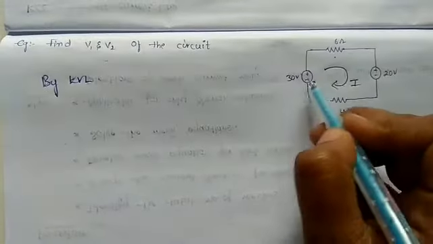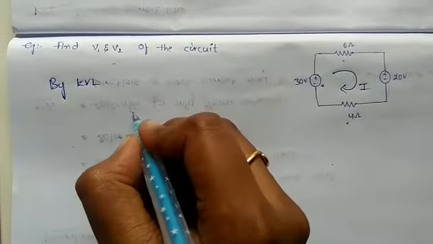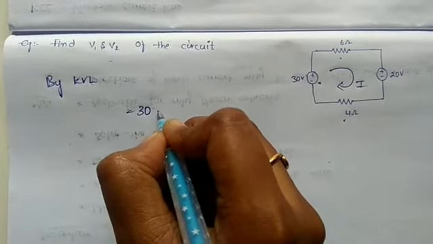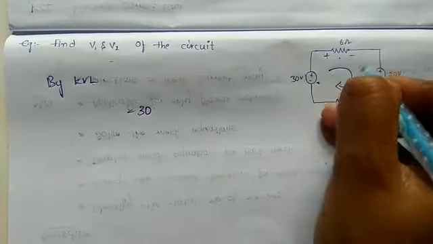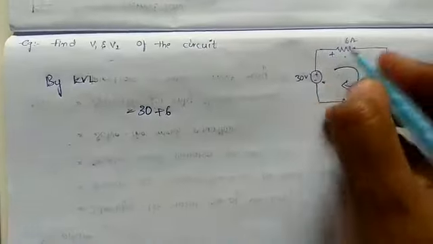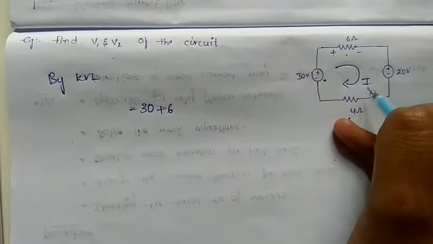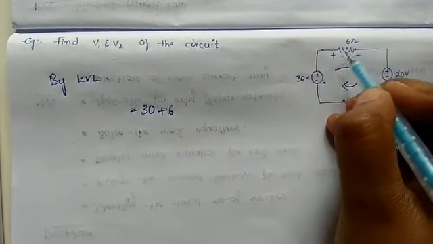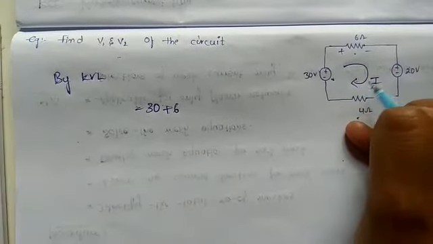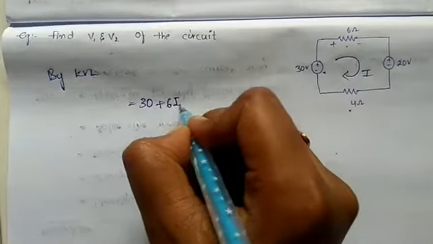start from here. As it's a voltage source, when it is in clockwise direction, first it was minus, so we are writing minus 30 volts, and again this is plus and this is minus. It is in this direction, right? So plus 6. As this is only the resistance, they have not mentioned any voltages. By Ohm's law, we already know that to find the voltage, we will write 6 I, resistance into current. Here we don't know the current, so we will write 6I.